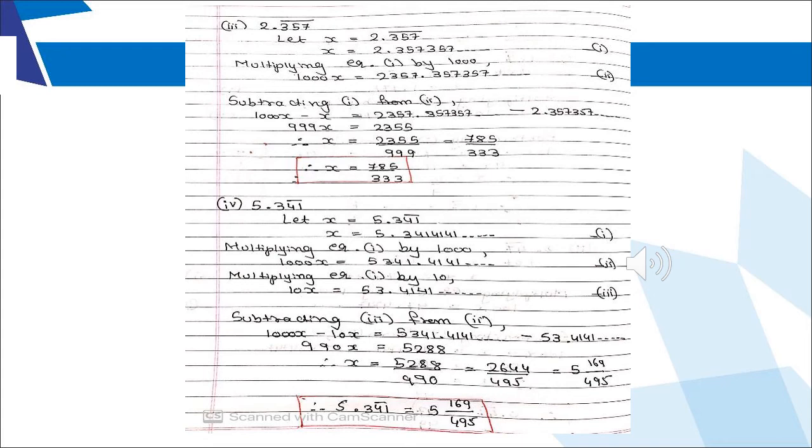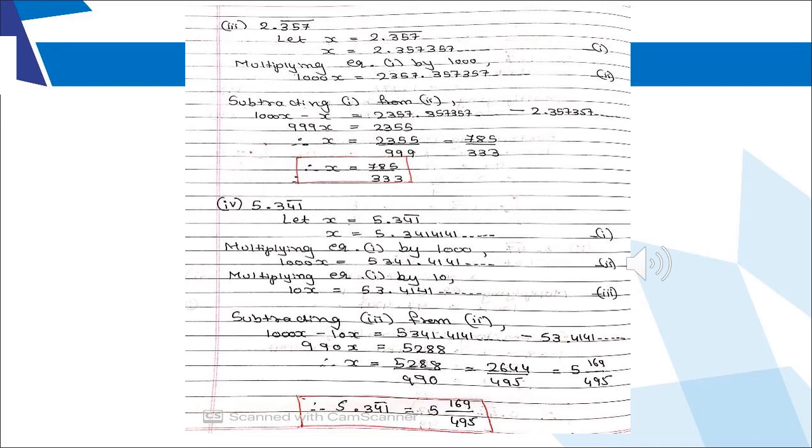So 2357.357357, and so on, and number it as equation number 2. Now as the third step says, always subtract equation 1 from 2. So simplify your answer. You have to always write the final answer in the lowest terms. You have to reduce the fraction, and if it is an improper fraction, then convert it to a mixed fraction. Do remember this thing. Now student, one last different question here.